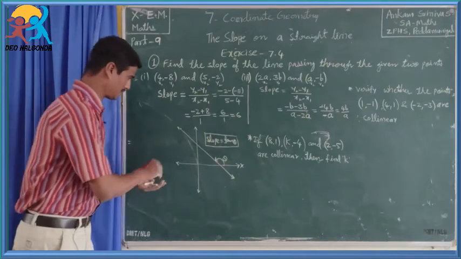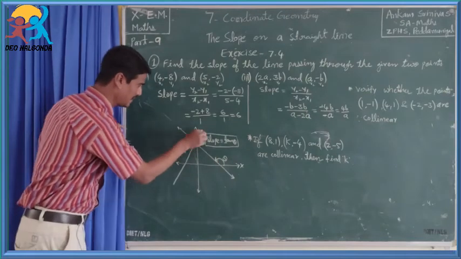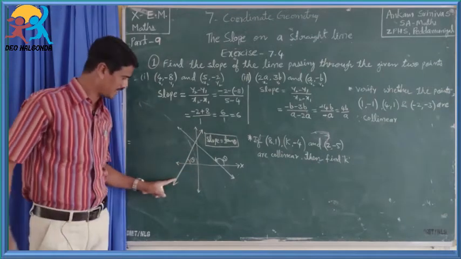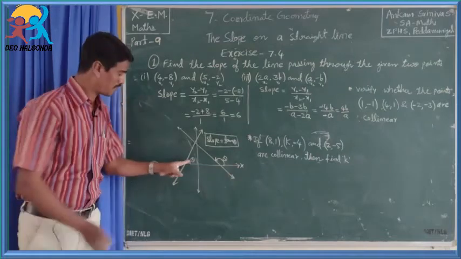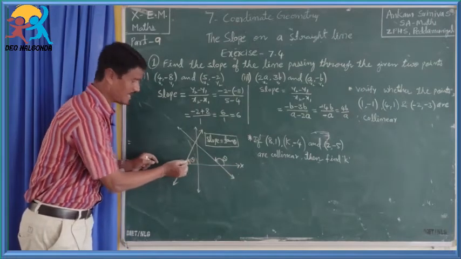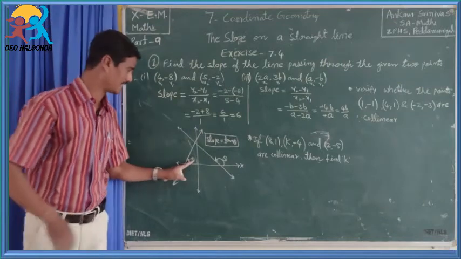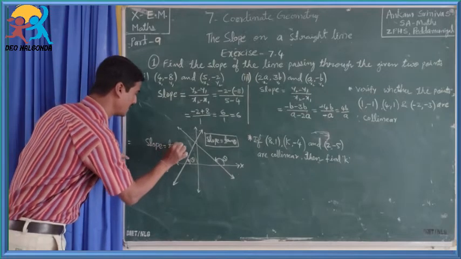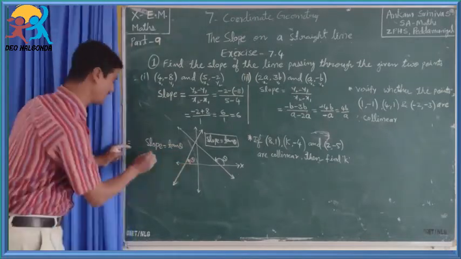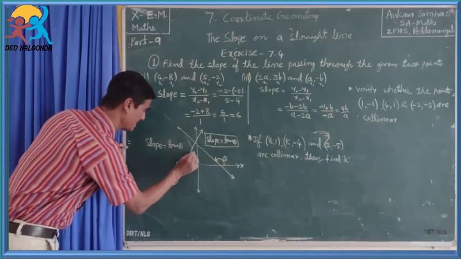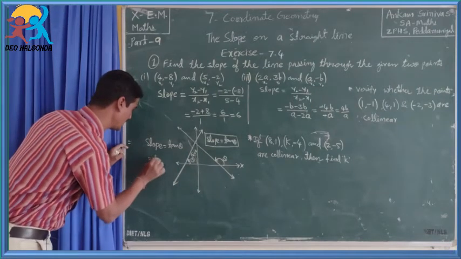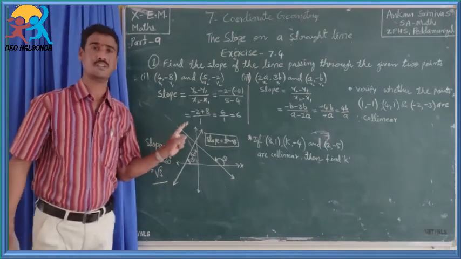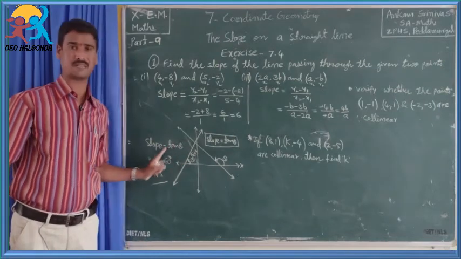This angle substituted in the tan ratio, we will get the slope of the line. Suppose I take another one, how to get the slope of this line? This straight line makes an angle theta with the x-axis in the positive direction, anti-clockwise. Then slope equals tan theta. Suppose this is 60 degrees, then we will get the slope of the line as tan 60 degrees. Tan 60 equals root 3. So using this formula we have to find the slope of the line.